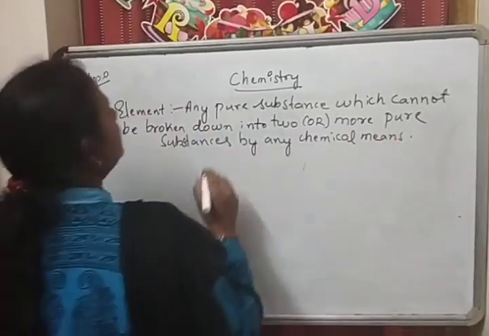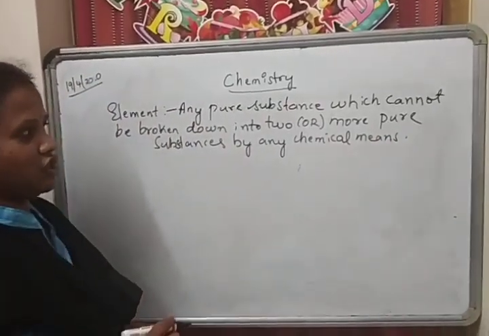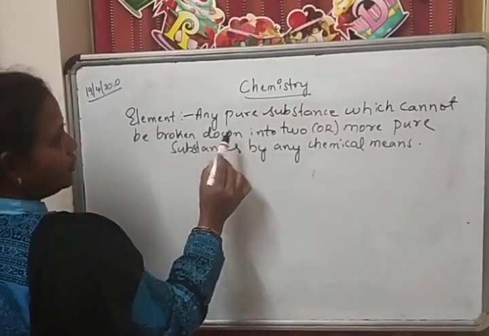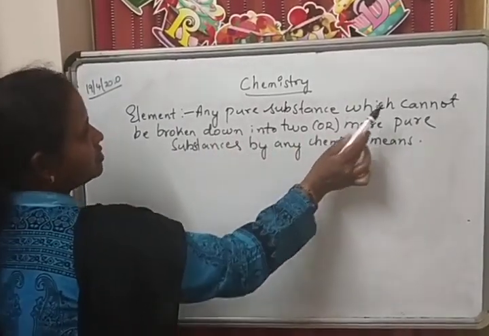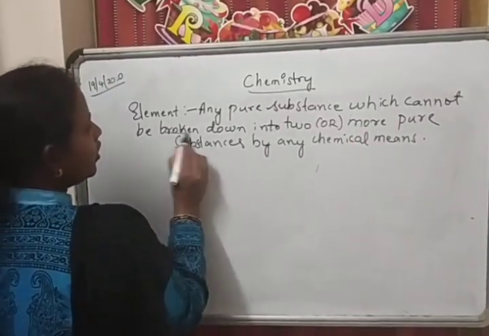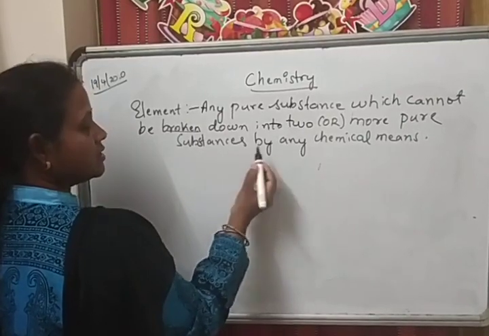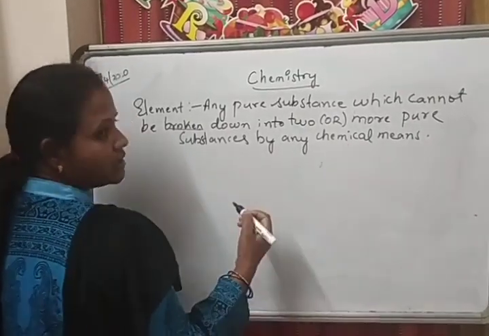This is said to be the definition of an element. And so how do you define element? Any pure substance which cannot be broken down into two or more pure substances by any chemical means is said